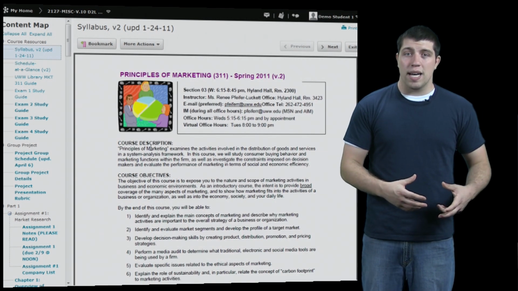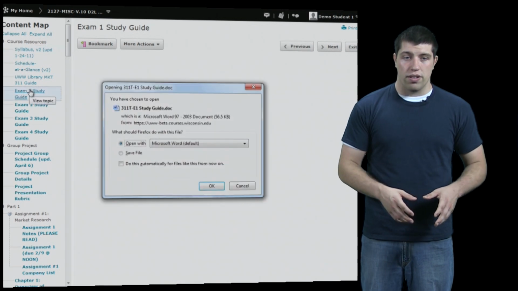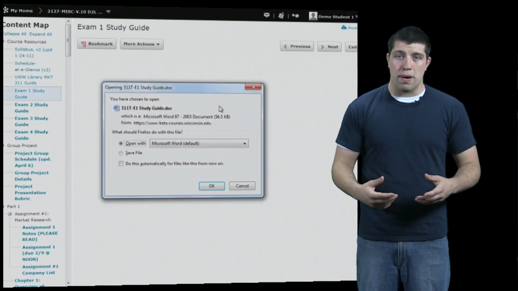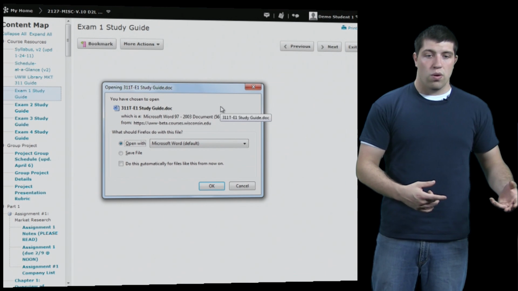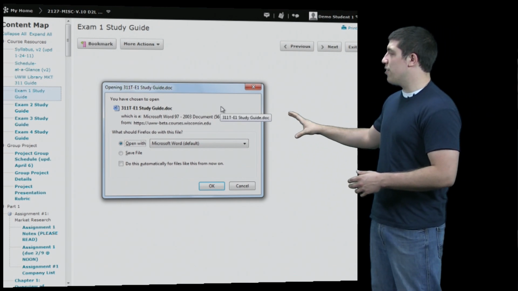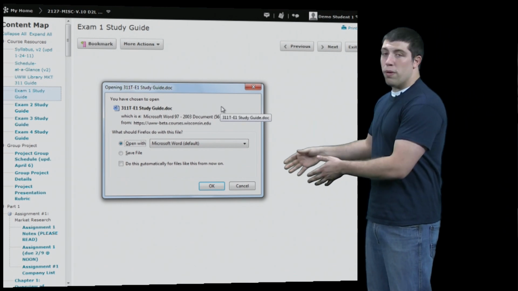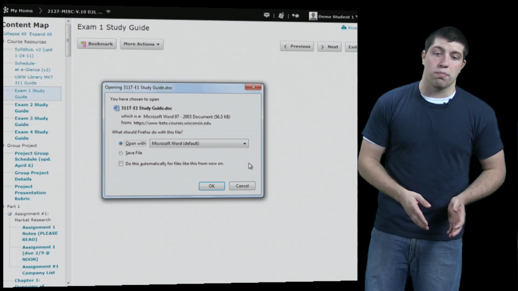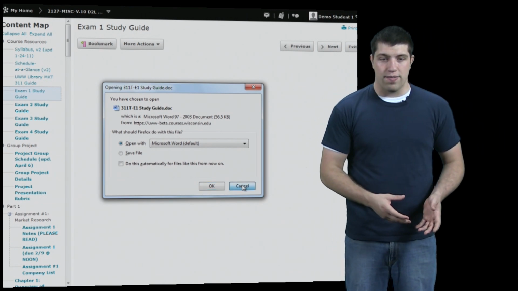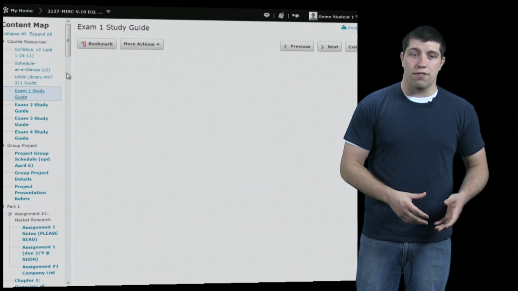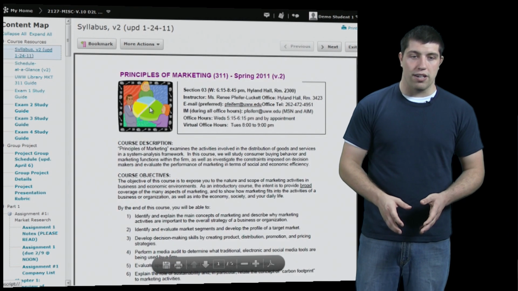Now, some other file types might require a download, such as Microsoft Word, PowerPoint, Excel, etc. When clicking on those, we'll be prompted with a download window, which allows us to either open the file immediately or download to our computer for later opening. However, when on the PDF, as we've seen before, it opens right in the browser.